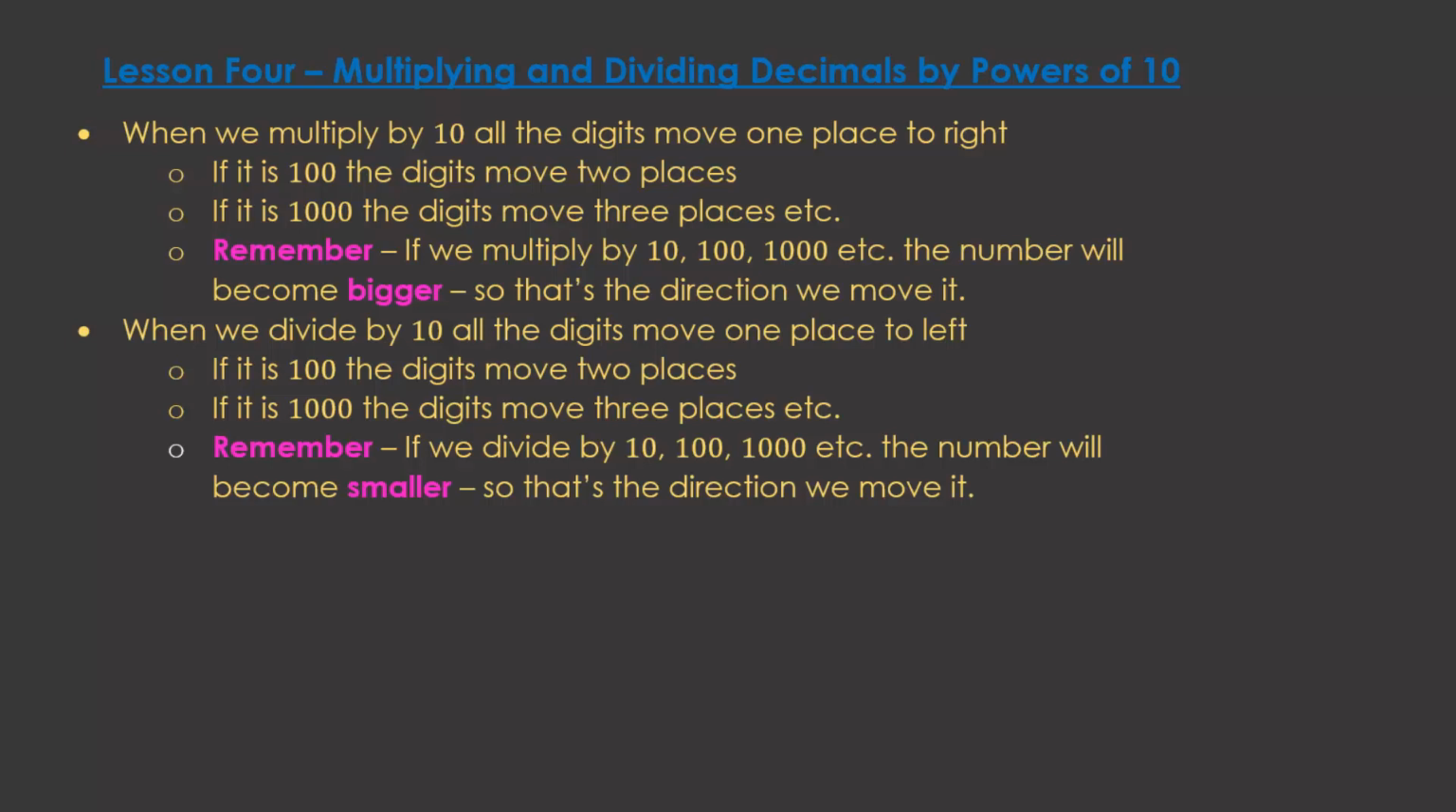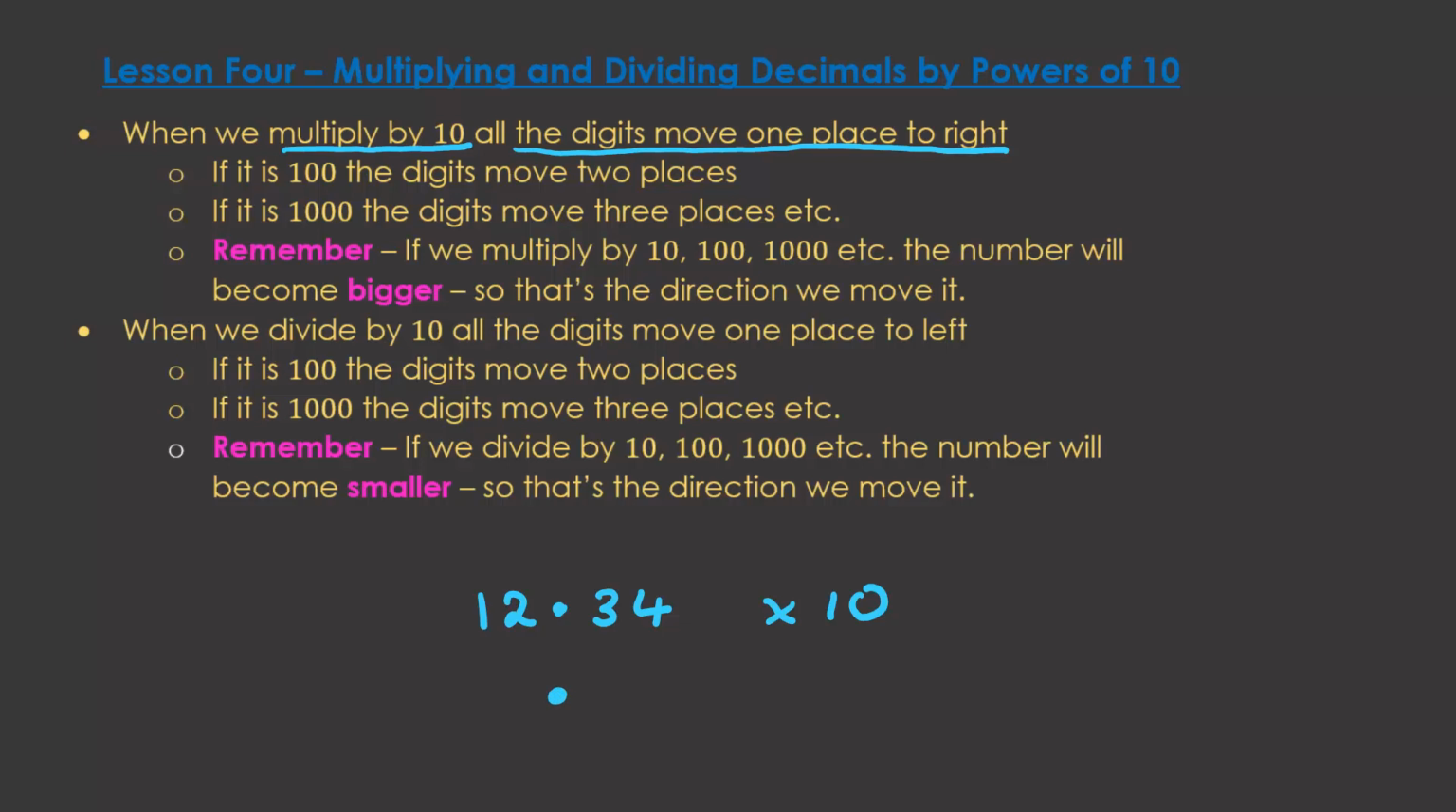Multiplying and dividing decimals by powers of 10. When we multiply by 10, all the digits move one place right. Now, let's just look at an example. If I've got something like 12.34 and I times it by 10, strictly speaking, all the digits do move to